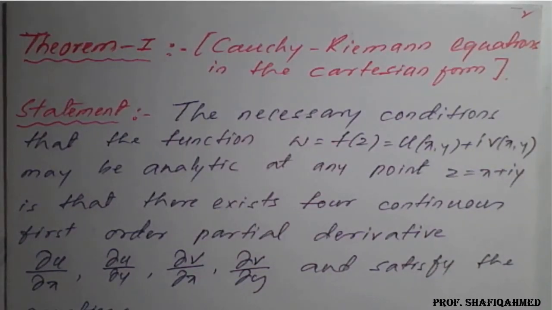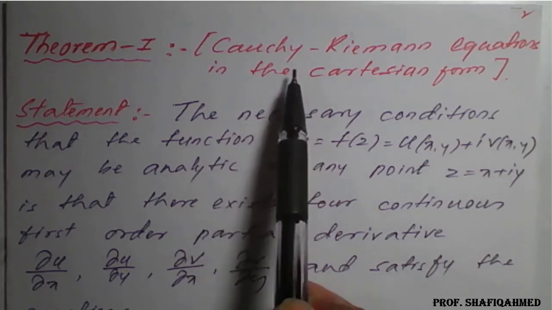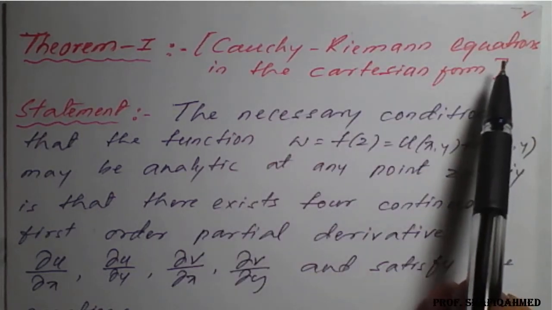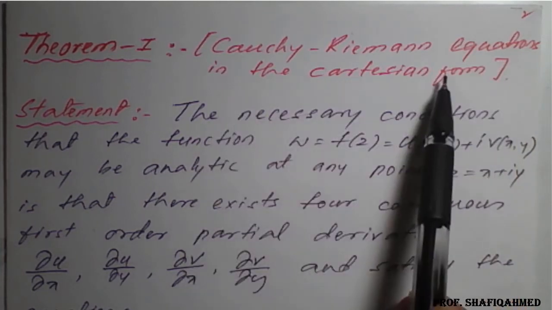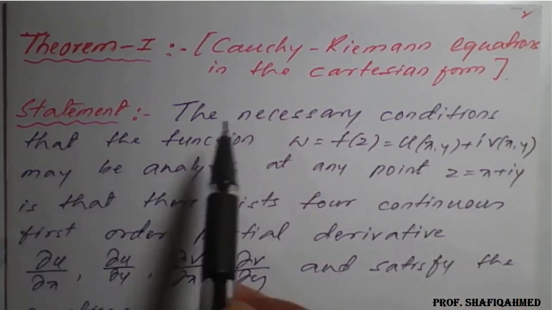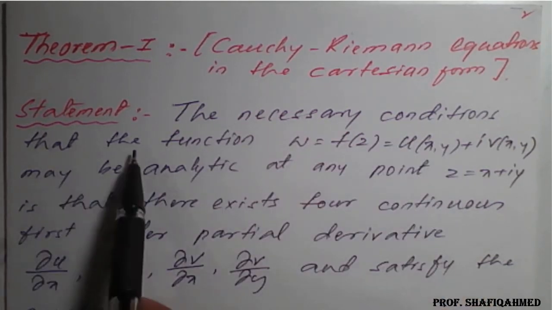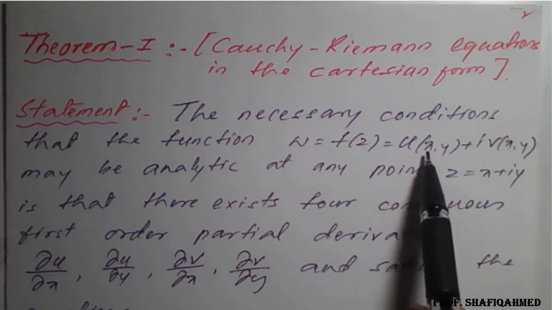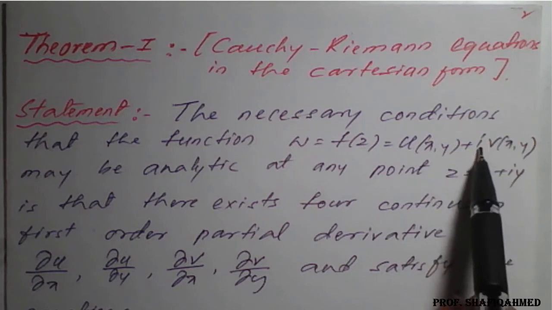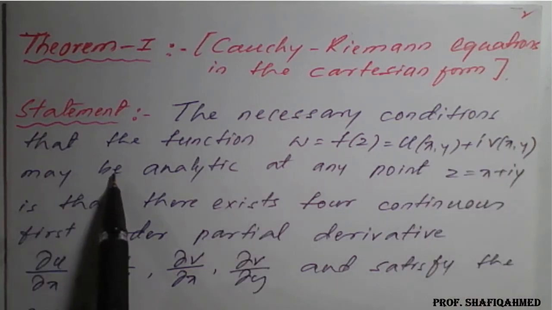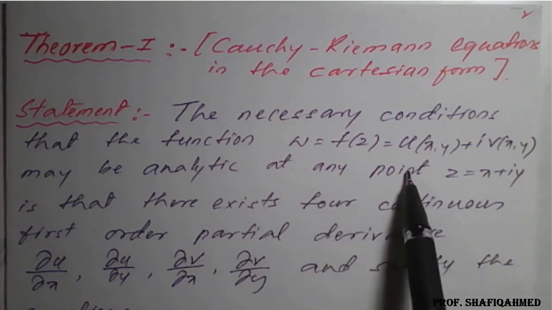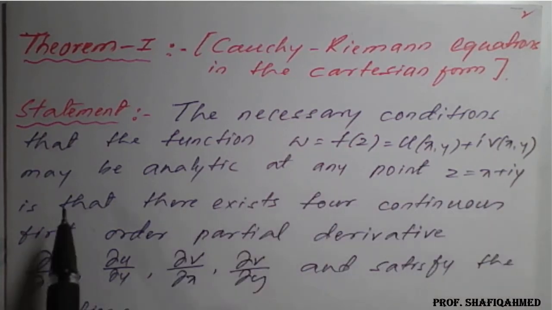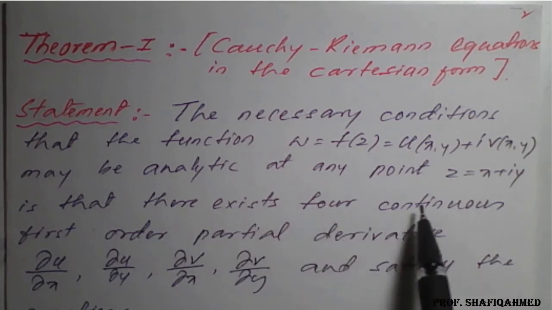Hello everyone. In this lecture we'll see a theorem on Cauchy's Riemann equation in the Cartesian form. Statement: the necessary conditions that the function w is equal to f of z, which can be written as u of x comma y plus I times v of x comma y, may be analytic at any point z is equal to x plus iy, is that there exist